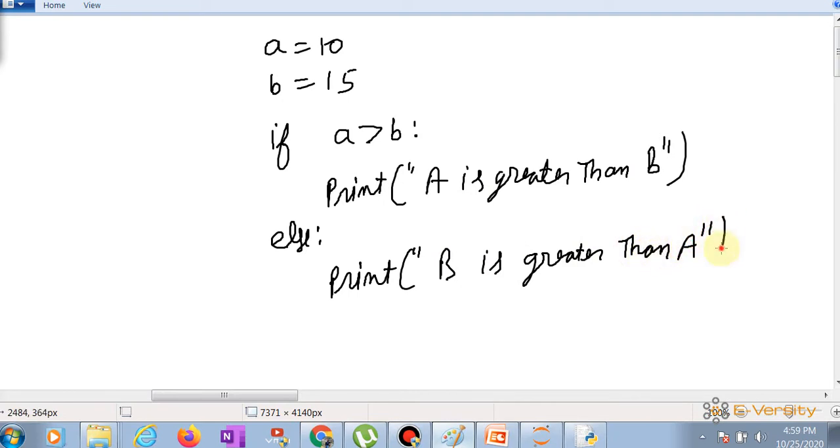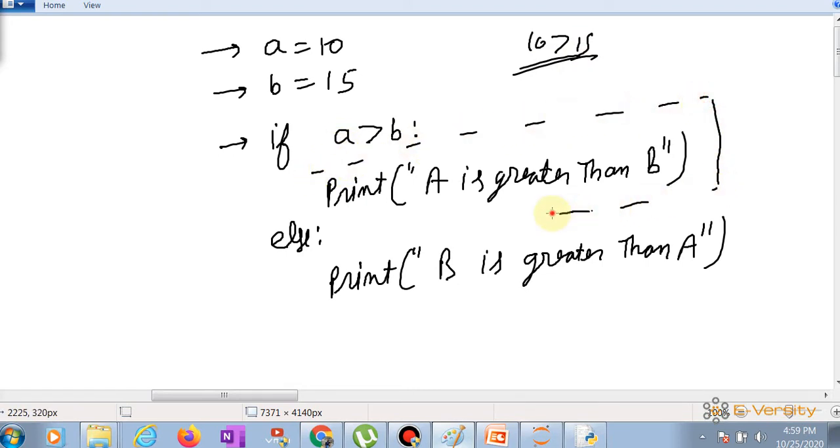Okay, so you can see the program is executing line by line. The first line is a equal to 10, b equal to 15. When it checks the condition, obviously 10 is greater than 15 is false. So this block is not executed, because this block is executed only when the condition is true.